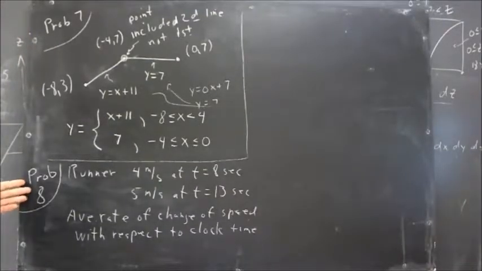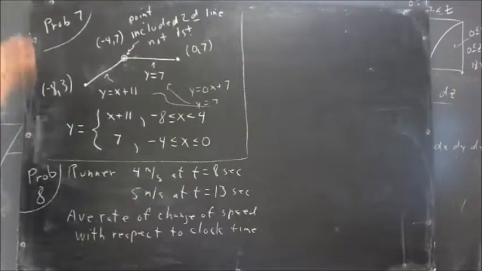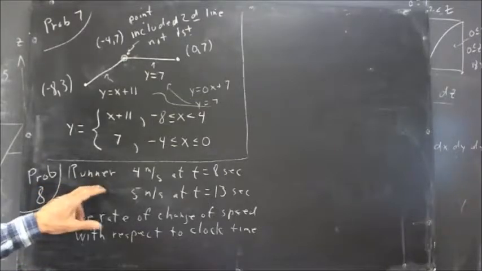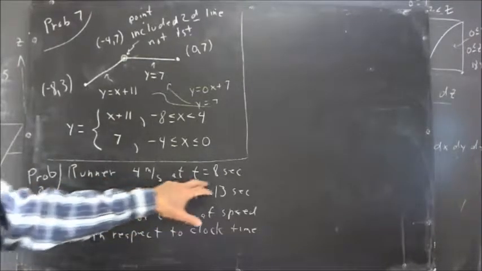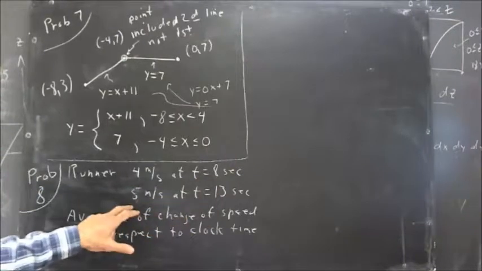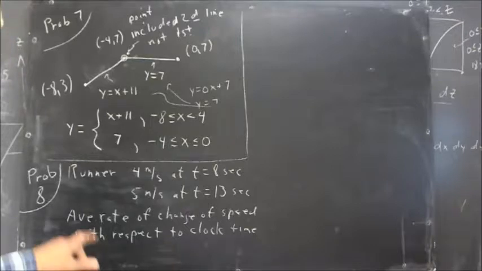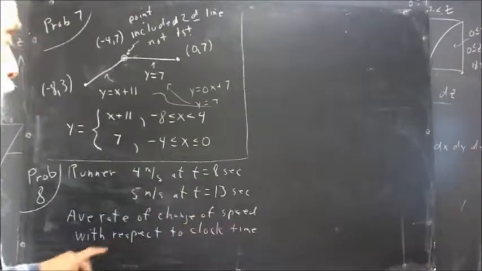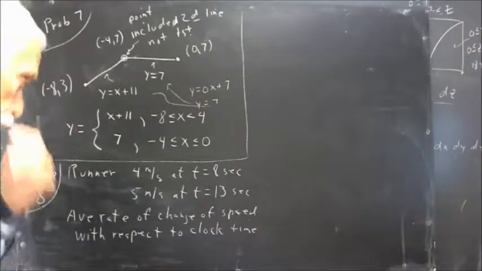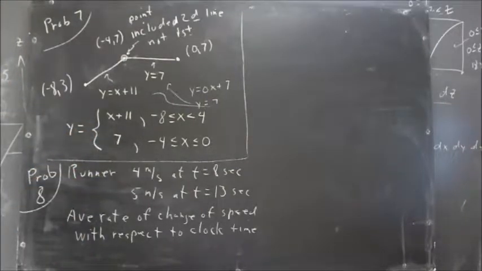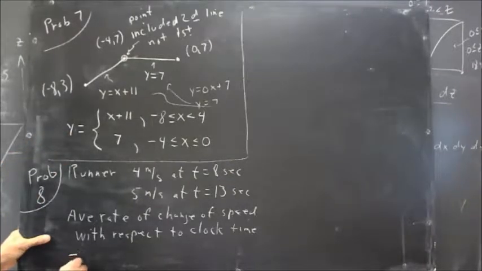Problem 8, and I've labeled these problem 7, problem 8, so you can keep them straight. I've got room here, so I'm going to use the board space. We're given that a runner is doing 4 meters per second when t equals 8 seconds, and 5 meters per second when t equals 13 seconds. And we're asked to find the average rate of change of the speed with respect to clock time. Now, the average rate of change of one quantity with respect to another is the change in the first quantity divided by the change in the second. So this is equal to